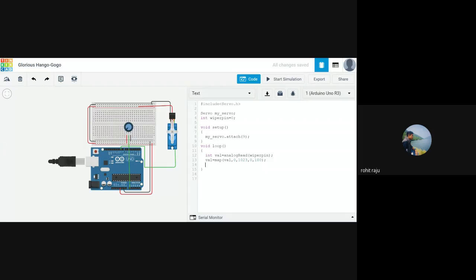And so my object is myServo, right? There's a function in the Servo class which is write, which writes a value into the servo motor. So myServo.write. This function is also a built-in function in the Servo class, and we are writing some value here. And let us give a delay, which is very important, to observe the effect. Let's say 10. So let's make sure everything is okay. If there is an error, it shows up. So let's start the simulation.